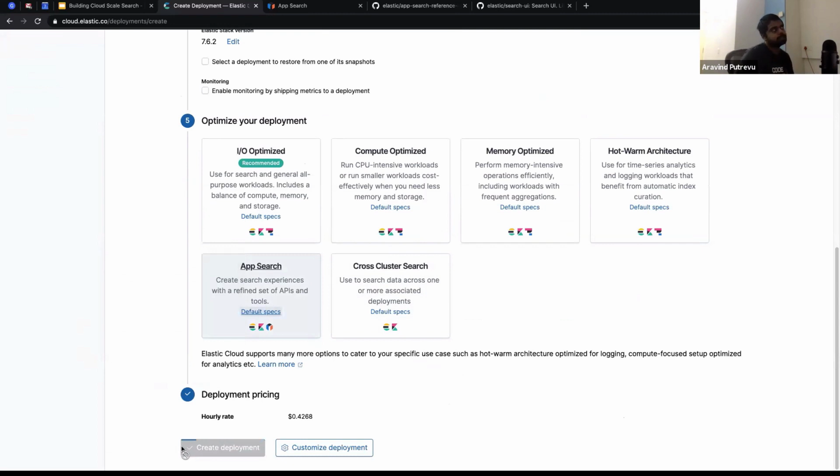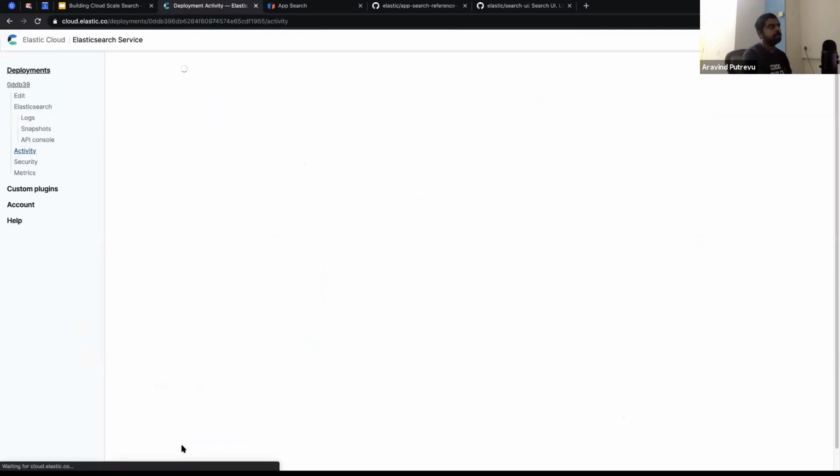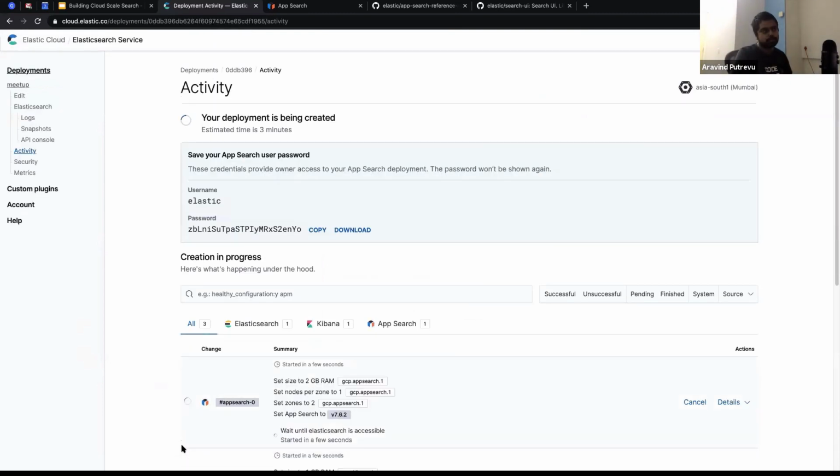So App Search is a product that we acquired, I think, roughly 2 years back, 2.5 years back, and it's also called SwiftType.com. And it's quite interesting in terms of how you can use Elasticsearch. Yeah, that's kind of interesting. So while this gets